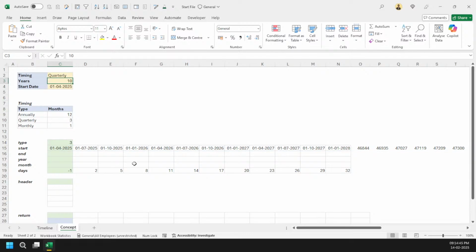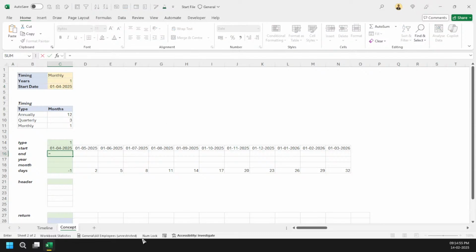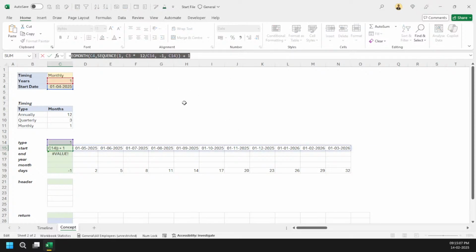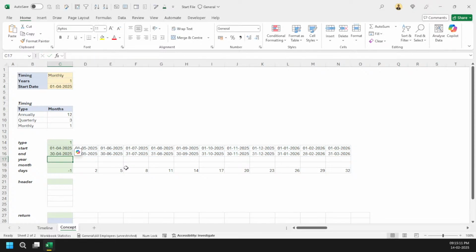Let's just make it monthly for right now, and then simply say I want only 1 year. Got it? And now here it is simple. The only thing with the end of month is that if I do something like this, it is right now throwing me a value error. Got it? So I will tell you what can happen if I directly copy this formula, because I'm going to use the LET approach, right? If I directly do it, it is not causing a problem.